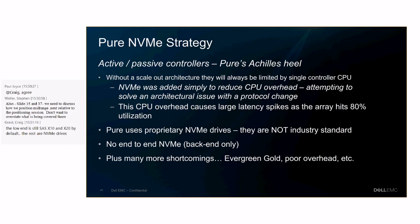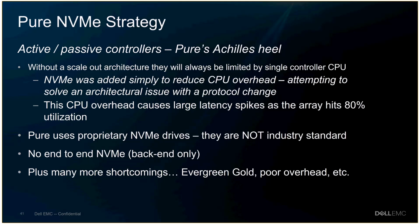They desperately need to save CPU cycles because they don't scale out, and they have no way to scale out. Some other things to keep in mind is Pure uses proprietary NVMe drives that are not industry standard. They actually have them made for themselves. I want you to think about that. Would you buy an all-flash array that required that company to make their own custom flash drives, their own custom